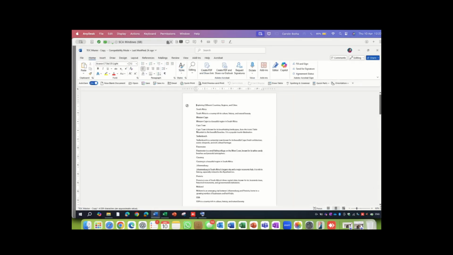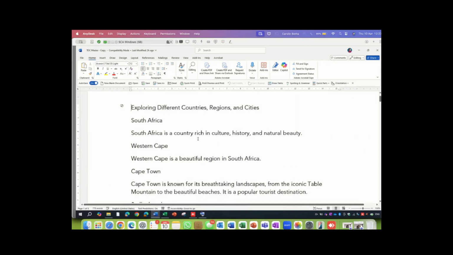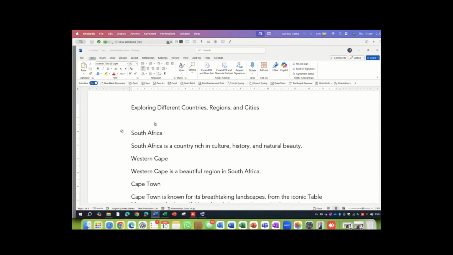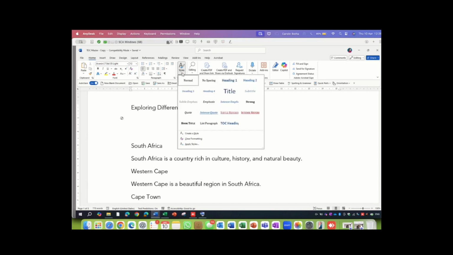So as you can see, here is a blank document already typed, and I can just go and create my table of content. So before I start, I just want to press enter twice to make sure for the table of content that I want to fit in there. Now, we're going to talk about styles, numbering style, and also heading styles. First of all, heading styles. Maybe you have not even noticed yet that the styles are over there.